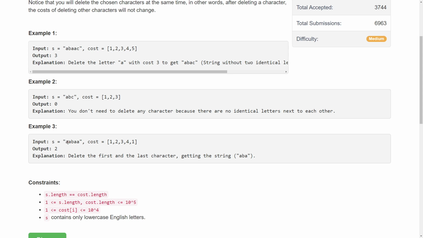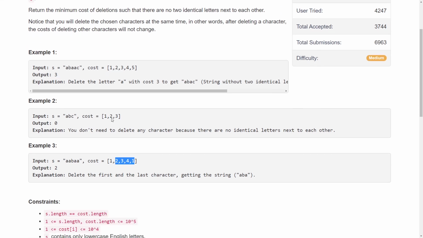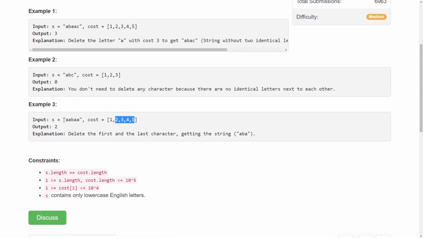But if you delete this, the string will become ABAA, and the cost will not be 1 2 3 4, it will still be 2 3 4 1. So they are saying that you delete all at once. I think they are trying to make it clear that we don't get confused that costs are changing when we delete a character. So you just assume that you are picking which characters to delete, and you pick the cost and delete all of them at once, right?